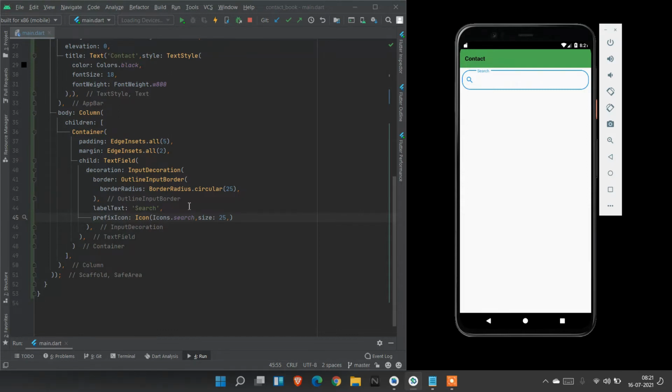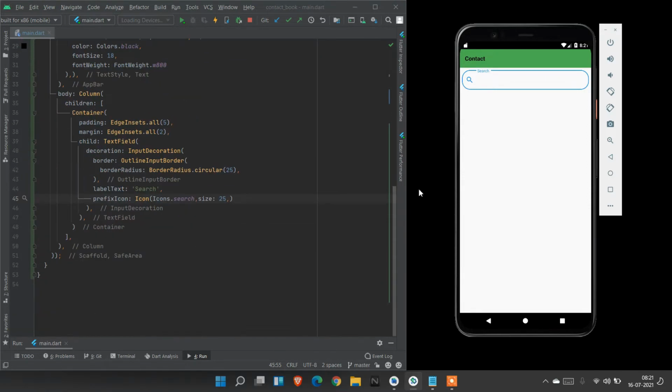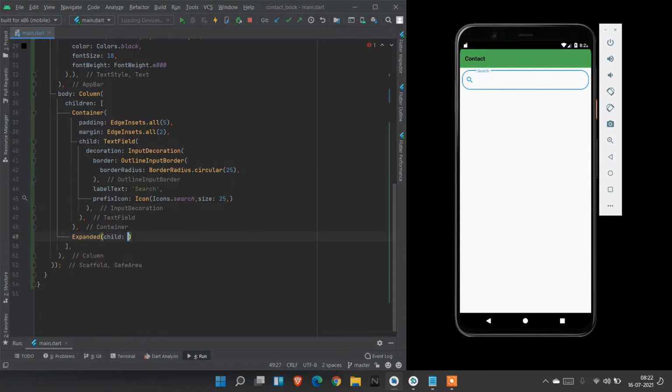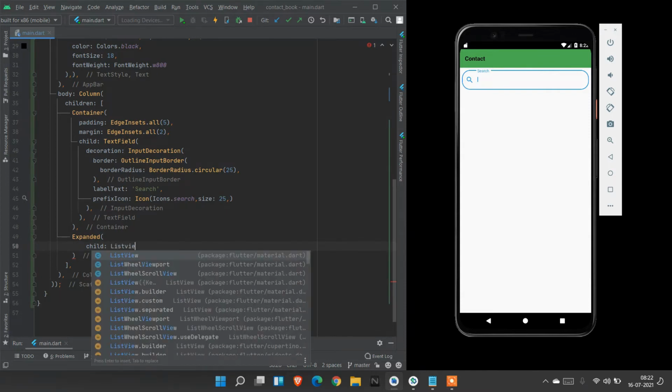Now we need to display the body part, the expanded body part. After the Container, create an Expanded widget. We are going to create a ListView.builder for this.